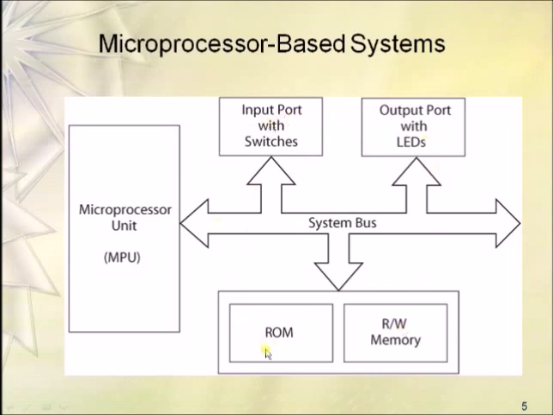Now all these peripherals, all these components are connected to this microprocessor with the help of one bus, and that bus is called the system bus. Here the system bus is mainly used for connecting different components of the computer to the processor. Along with some other peripherals, this can make a complete computer. So in order to make a processor act as a computer, we have to add the peripherals externally, like memory peripherals or input output peripherals.